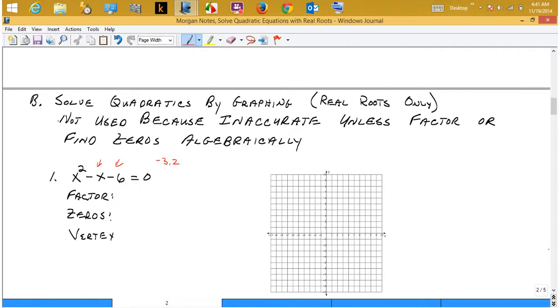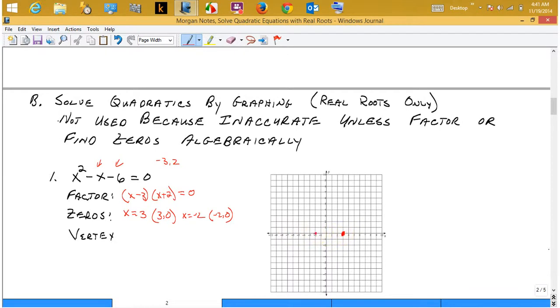So when I factor it, I could write it like this: x minus 3, x plus 2 equal to 0. And so the zeros, where it's going to cross the x-axis, would be x is equal to 3, which would be the point 3, 0, and x is equal to -2, which would be the point -2, 0. And so then we could go ahead and put those on the graph. So 3, 0,